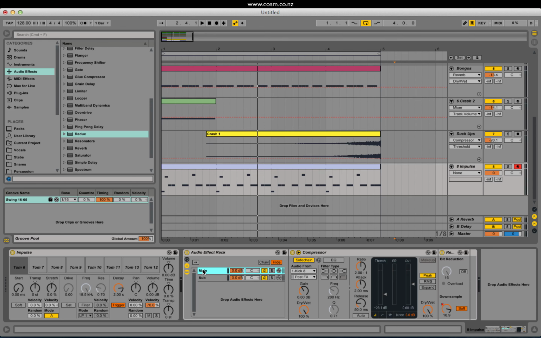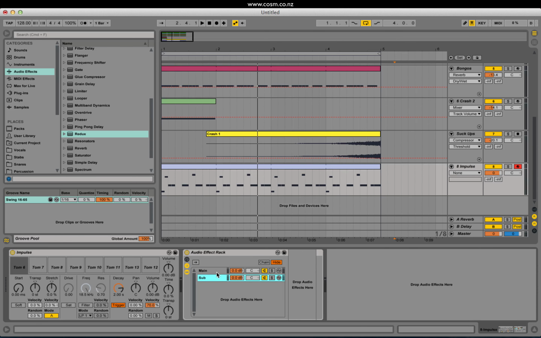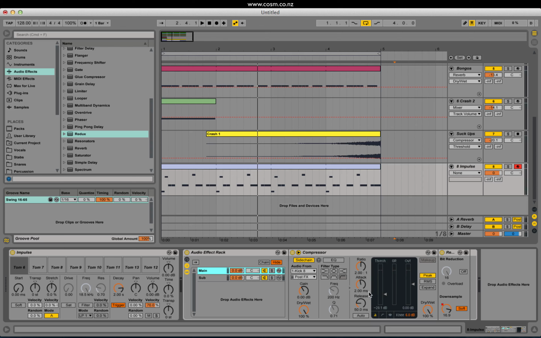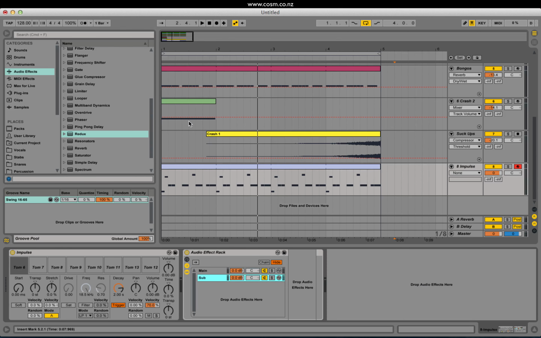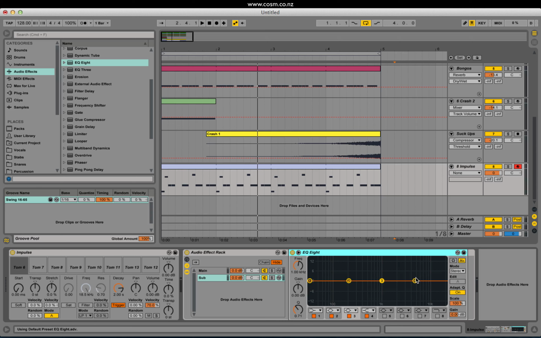And the reason you do this is because you really want the sub to be in mono, and you don't really want to be affecting it like you are affecting the high end of things. So for this sub, we need to add an EQ8. An EQ8 is something to get rid of particular frequencies. So we want this to just be the sub, so we can turn this pole here into a low pass pole and bring it down. So now when we play this, if I just solo the sub track,